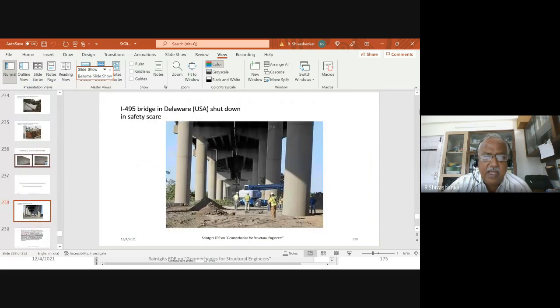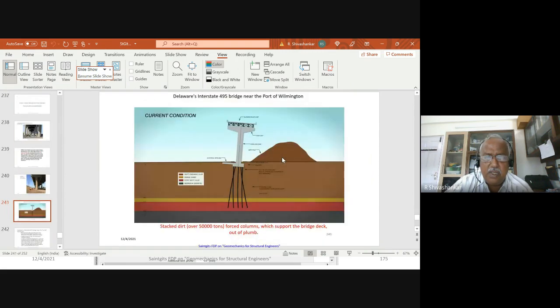Another case is a bridge in the USA connecting Philadelphia and Delaware. It's called I-495. This bridge has two portions, one going up and the other coming down. What the Public Works Department did was bring all the building demolition waste, what they call dirt, and dump it on one side. So this was a very huge dump. So this triggered